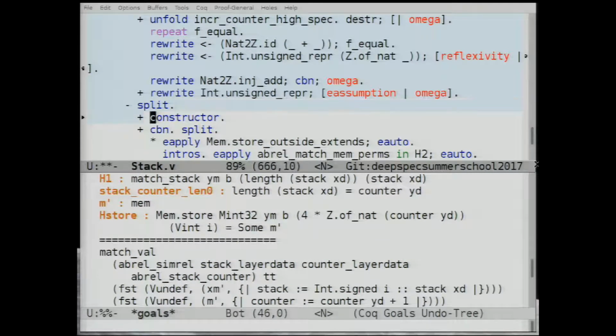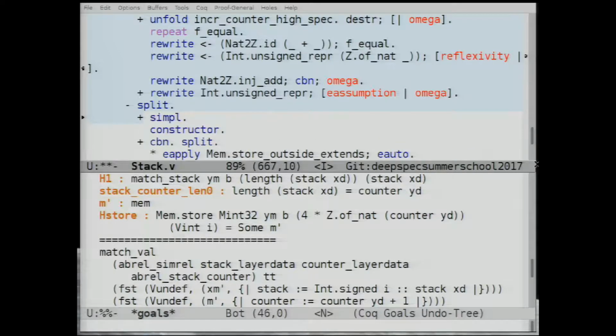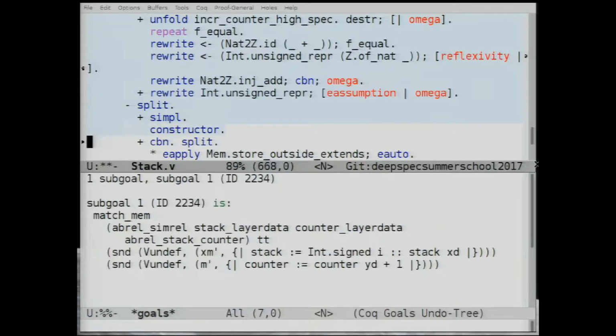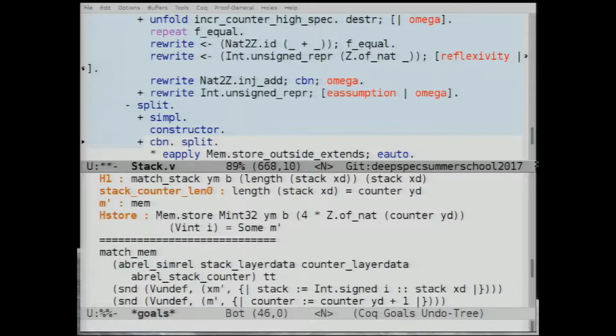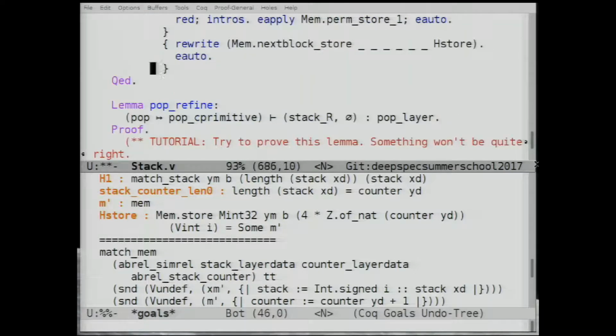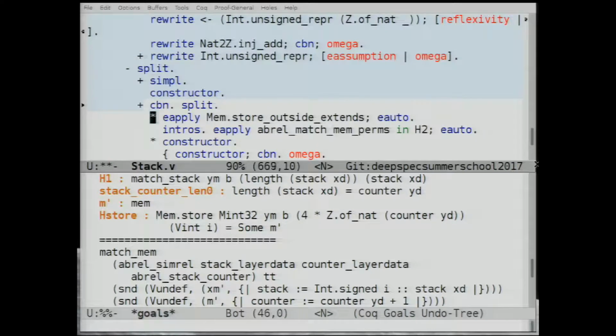So in terms of this match val thing, that's for the return value. In both cases, the return value is v and def, because push does not return anything. So that's easy to show. And next, we need to show the match component and the relate component. So this match mem